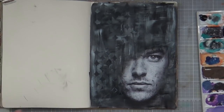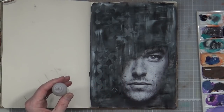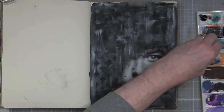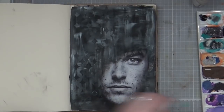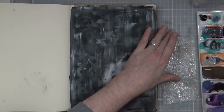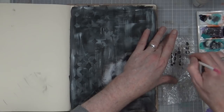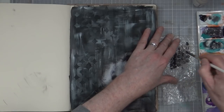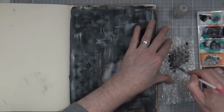So the next thing I want to do is just bring back that elephant, and then I want a smallish brush. Don't need a lot of paint to do this. I'm just going to stick some of that elephant just down there, pick up some on the brush, and then I've got some bubble wrap, the art journalist's friend, and I'm just going to add some of that bubble wrap and the black again, just tonally a little bit different,